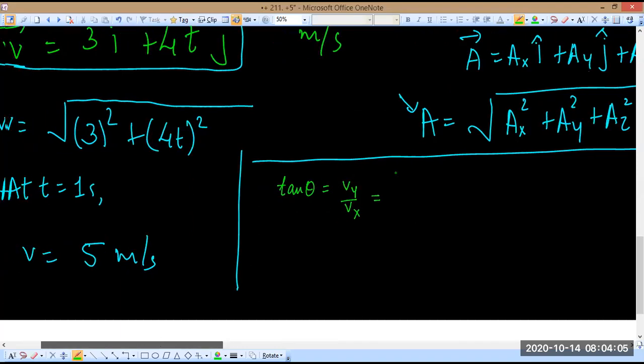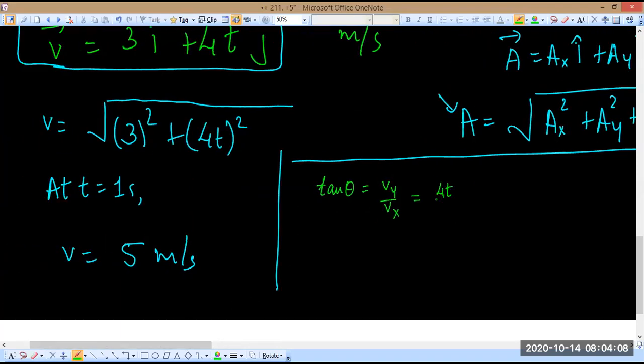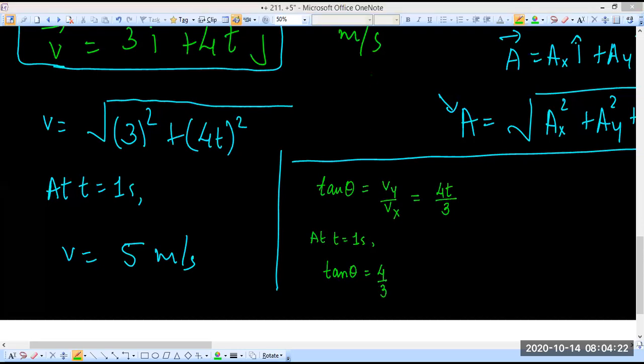Vy, the y component, is 4t and the x component is 3. And we have to do it at time t equal to 1 second. So at t equal to 1 second, tan theta will be equal to 4 by 3, right? So that means,